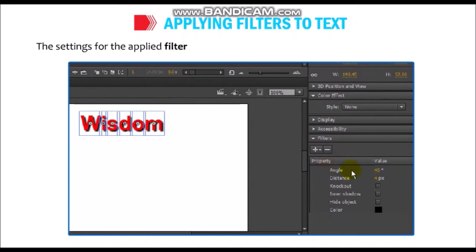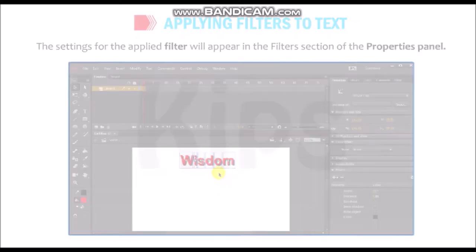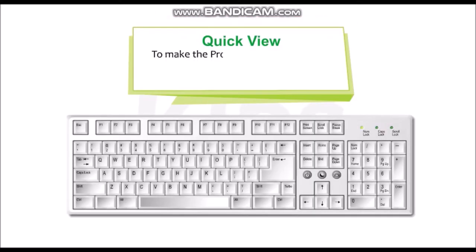The settings for the applied filter will appear in the Filter section of the Property panel. Quick View. To make the property panel visible on the screen, press Ctrl plus F3 key.